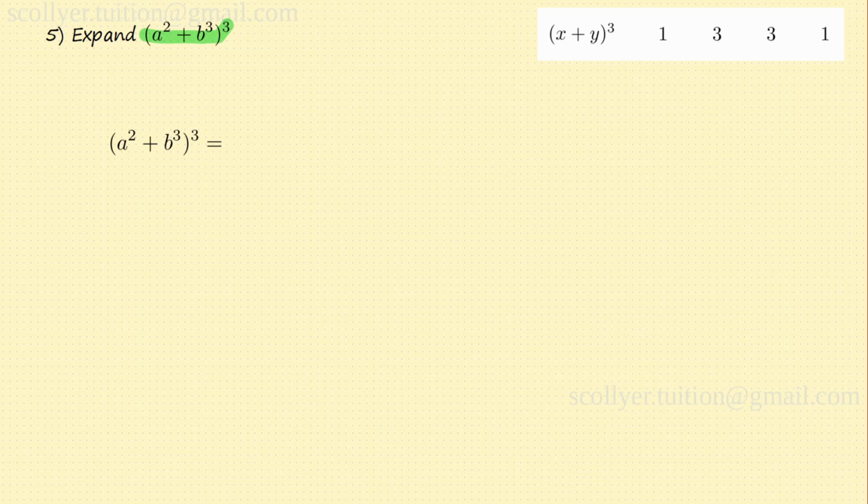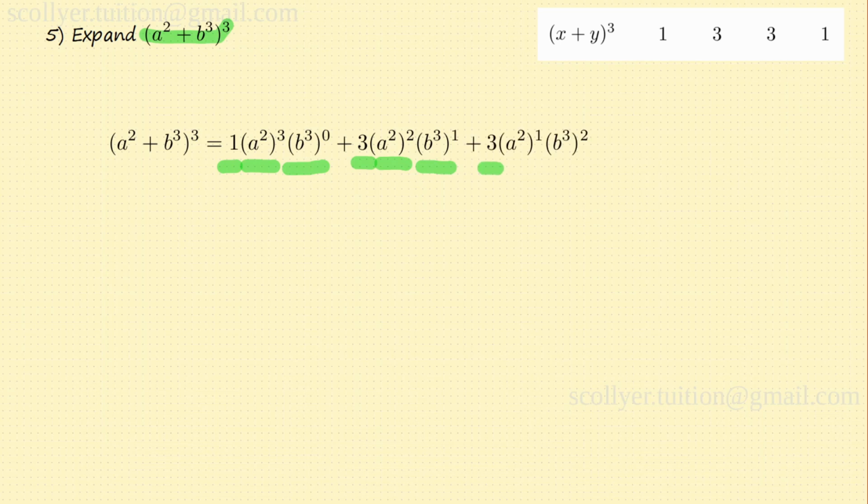Following the pattern of the binomial expansion of (x + y)^3, we have (a^2 + b^3)^3 equals 1 times (a^2)^3 times (b^3)^0, plus 3 times (a^2)^2 times (b^3)^1, plus 3 times (a^2)^1 times (b^3)^2, plus 1 times (a^2)^0 times